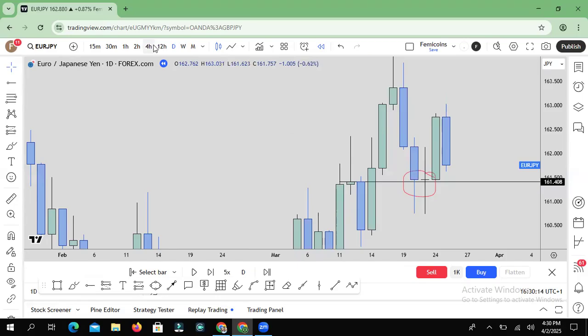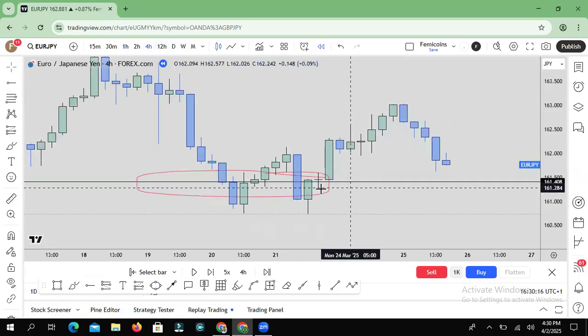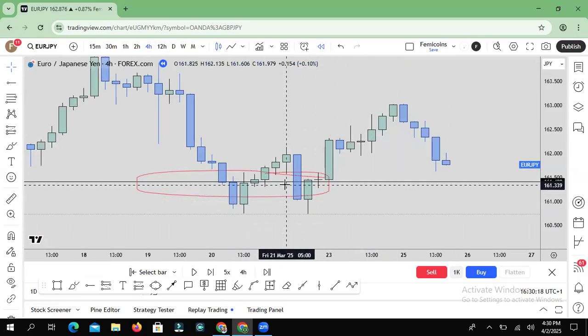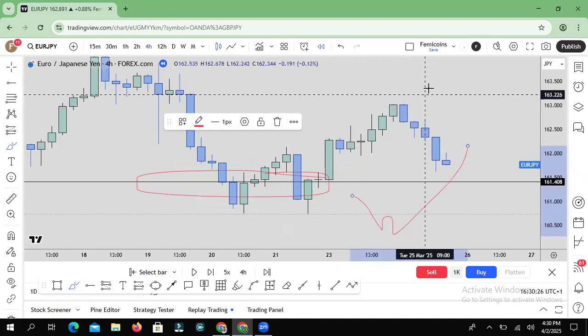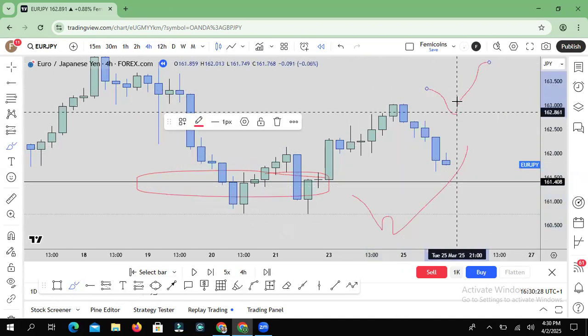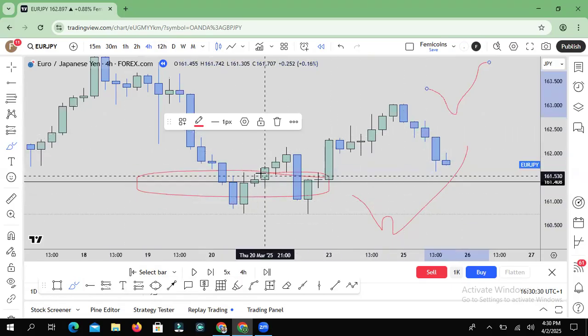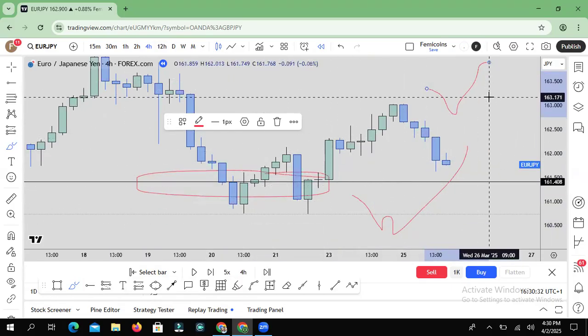Right. So I want to go one time frame lower to 4-hour. This is where we had a rejection. What do I want to see on 4-hour? A breakout or a sweep and break, one of the two. Like I said, you want to see something like this, or you want to see a breakout, one of these two. What we have on this particular day is a breakout. So this is what we have.